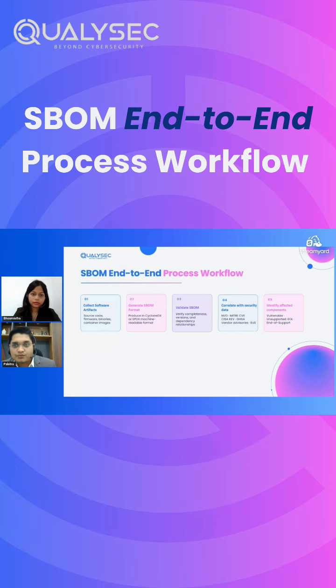Once we have that information, we then go to define mitigation. For example, let's say there is a vulnerability affecting a certain component that we use. Okay, so what's the next step? Next step is whether we have to patch it, update it, or upgrade it, or if that is not in the picture, then what is our compensating control, like what is